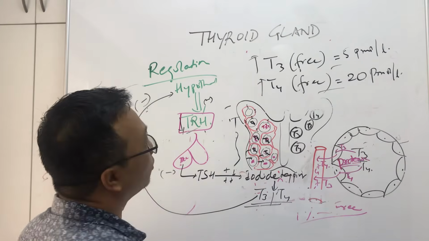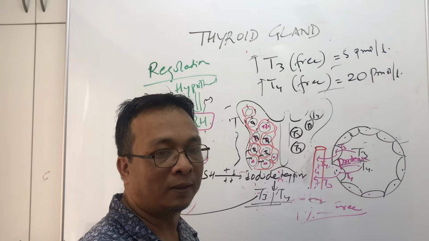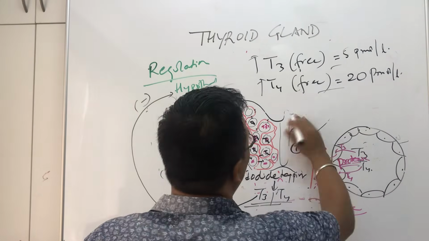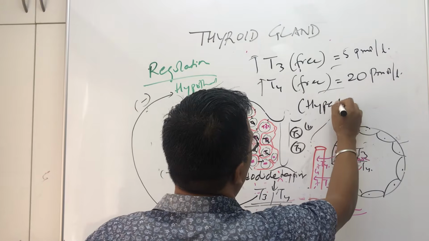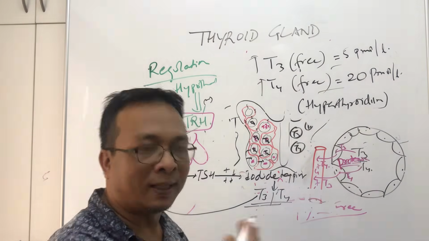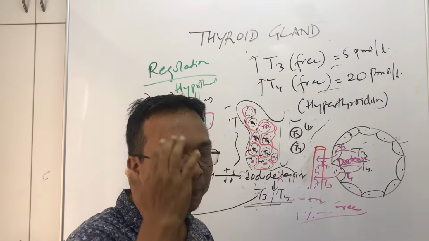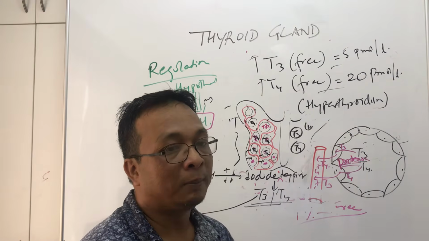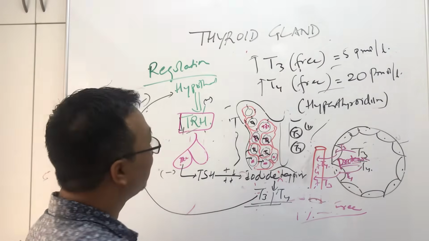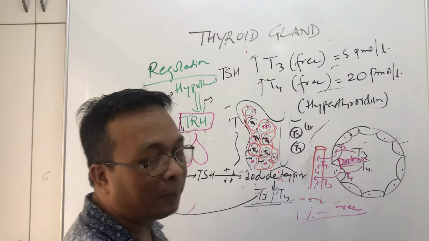Why? Because when we assess the T3 and T4 level and find that a patient's T3 and T4 level is high, then what do we say? Generally we say this is a case of hyperthyroidism. Hyper means excess, hypo means low. So when you see the blood report of a thyroid patient, how will you declare hyperthyroidism? When you get T3 excess, T4 excess, right? This is so simple.